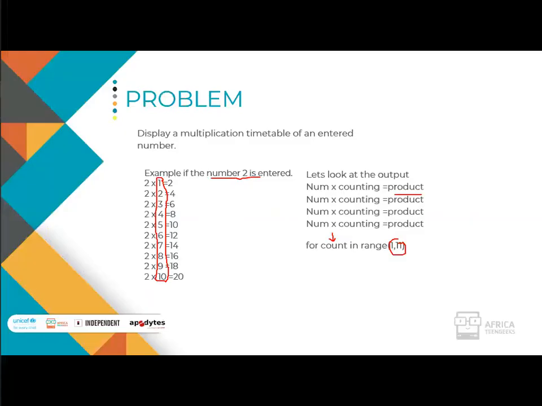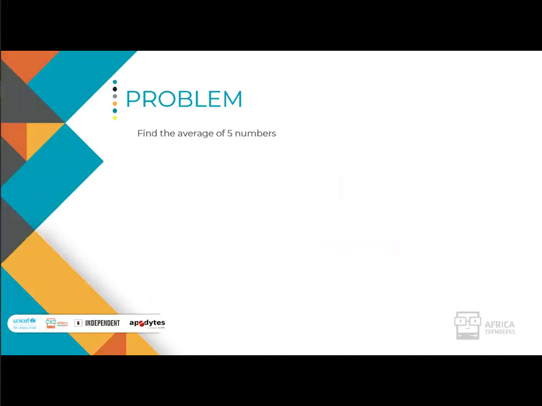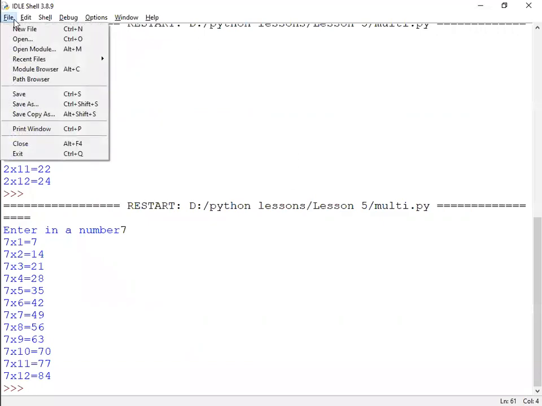Going on to the next part, which is another problem. Find the average of 5 numbers. Now, in order to find the average of 5 numbers, it's really easy. All you have to do is just find the sum of the numbers and divide it by the number of numbers you got. In other words, since I'll have 5 numbers, I'll add up all 5 numbers and divide it by 5. So if we create a program for that,